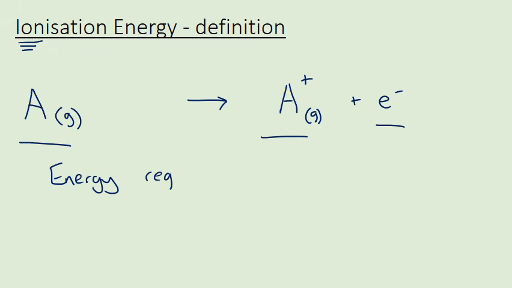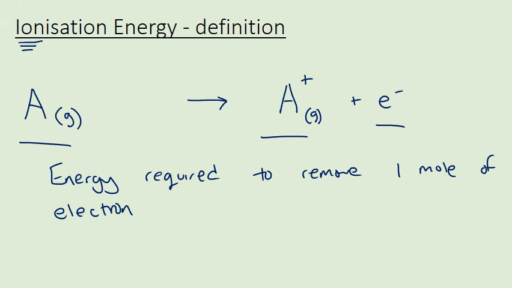Energy required to remove 1 mole, and that's important, it's 1 mole of electrons from 1 mole of gaseous, and they must be gaseous, so it must be gaseous state symbol, 1 mole of gaseous atoms to